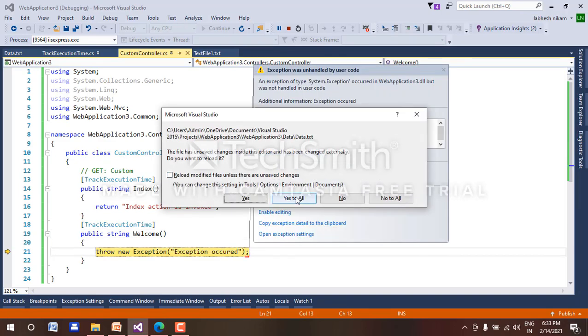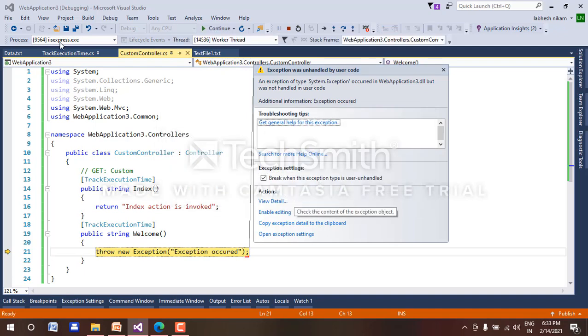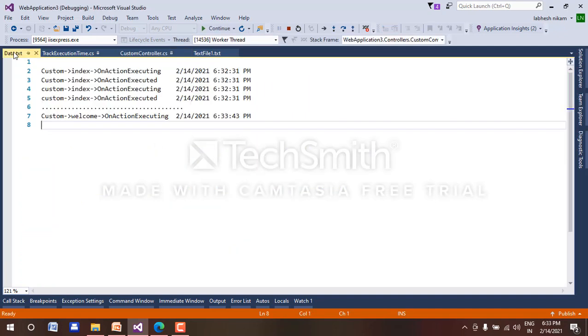Okay, you can see here it's asking, an exception is executed and it sends the error to the log file. So you click on yes to all and check data.txt. You can see here the welcome method is generated and executing at this time.